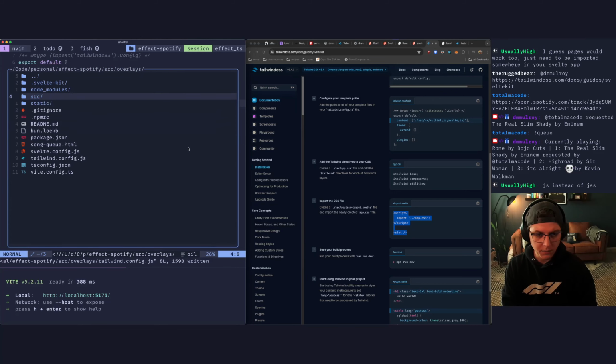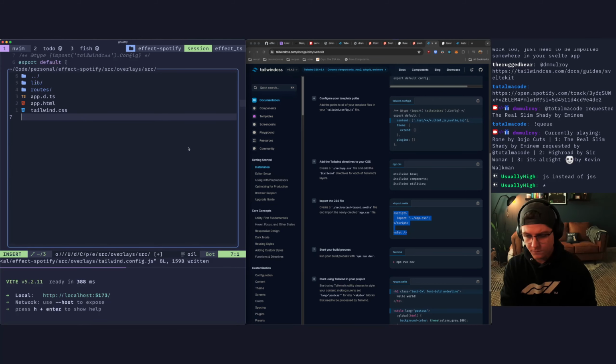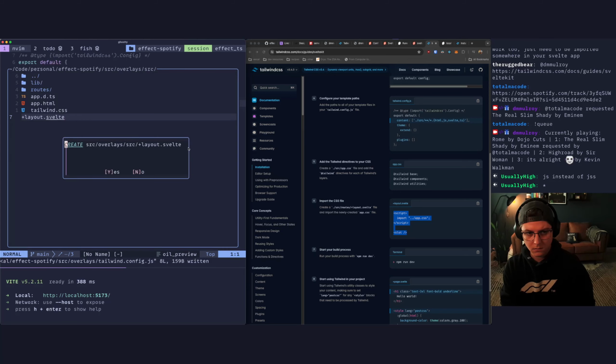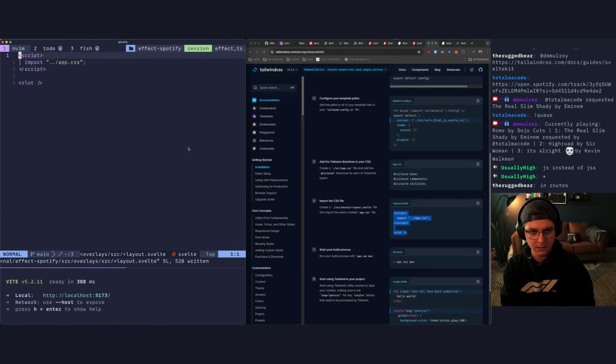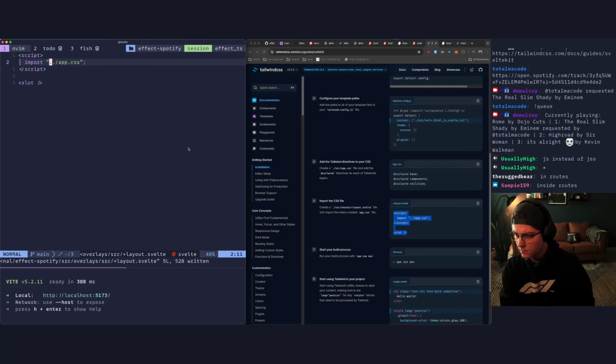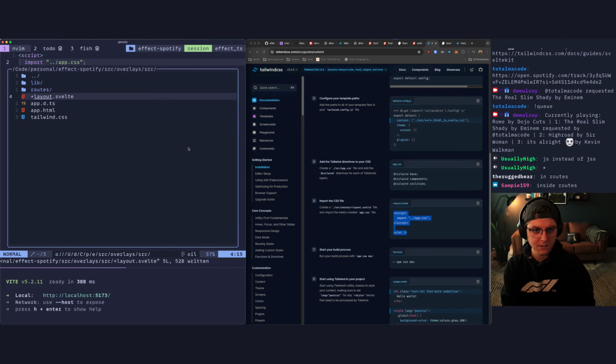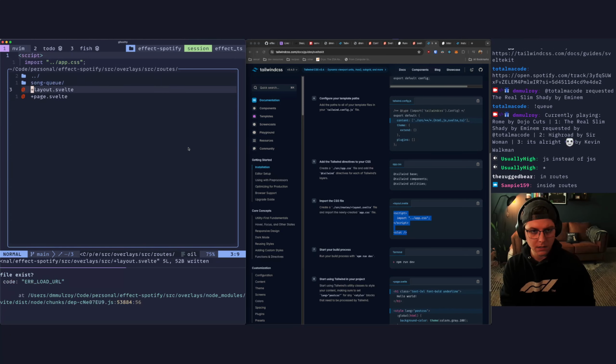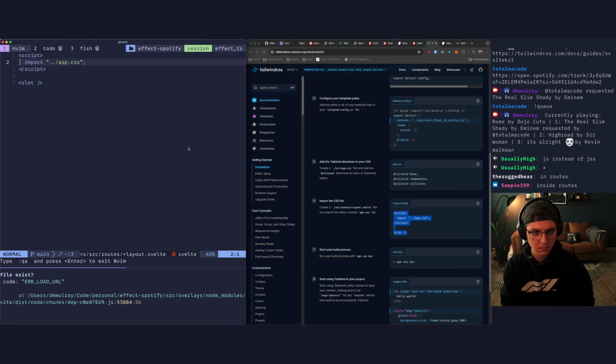So we go up here and we make a +layout.svelte, and we just dump that in. Or that's under routes. And then this just will be app.css.